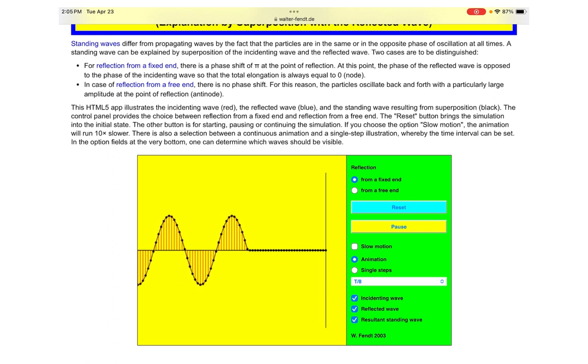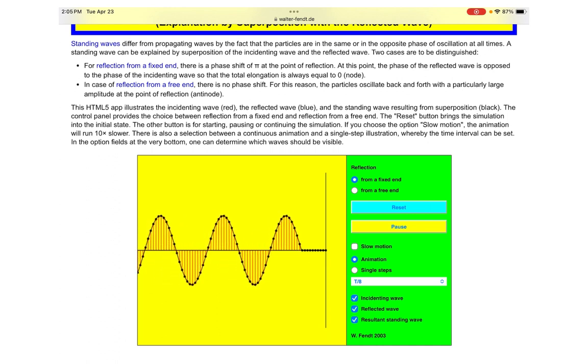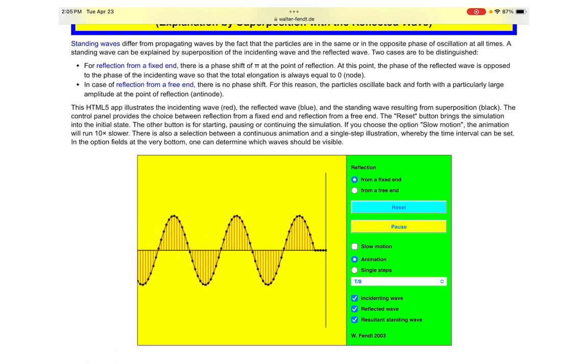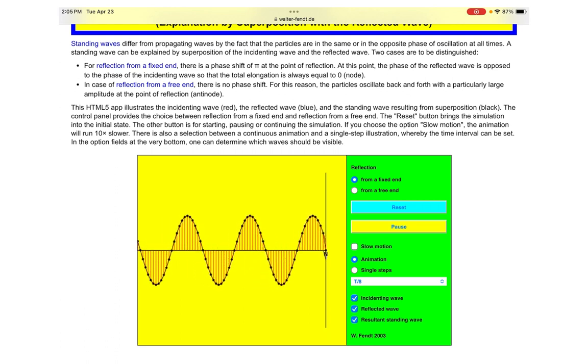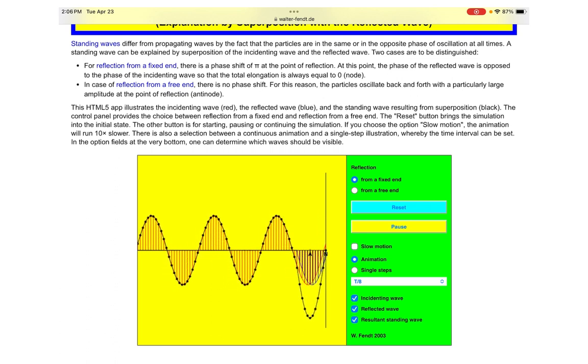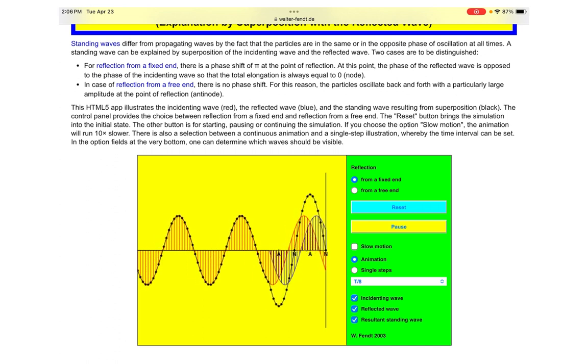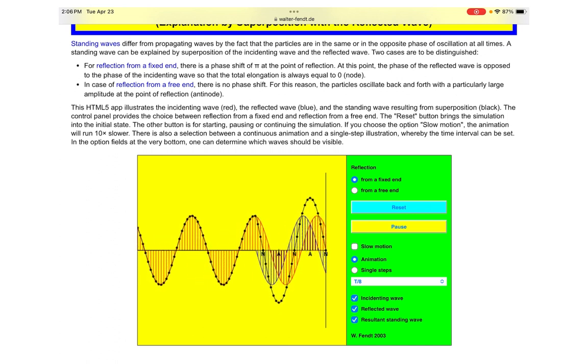We have constructive interference, and think about what the word constructive means. It means that you're constructing something, like you're building something up. And we have destructive interference, which means that something is being destroyed. So when we get to the point where we're going to have our incident wave interfering with our reflected wave, we're going to be able to see the resultant wave, and it's the result of this constructive and this destructive